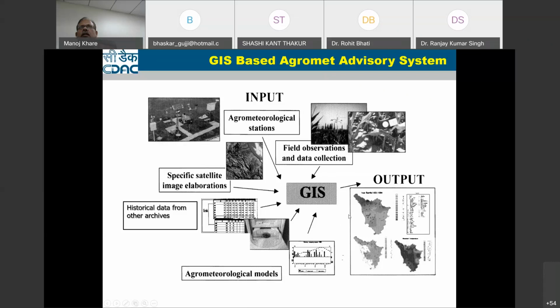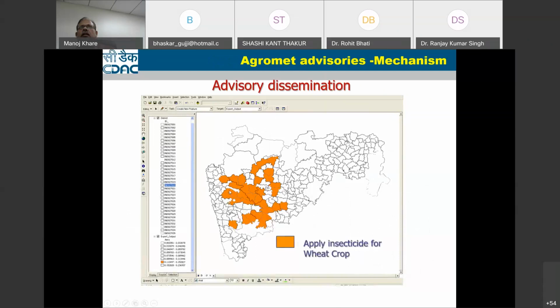This advisory we can generate for an area, and suppose you have the phone numbers of the particular farmers or owners. Once you have generated this advisory, you also have the cadastral boundary, so you can find out who is the owner of the different plots coming under this area. Since you have their phone numbers, you can give that advisory to their phones also. That type of thing can be done.